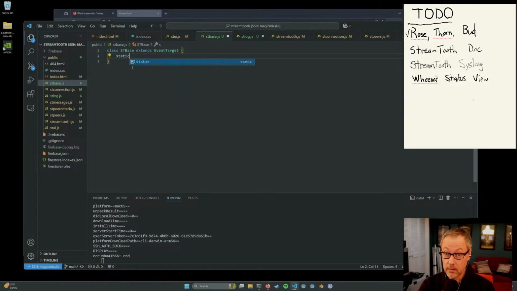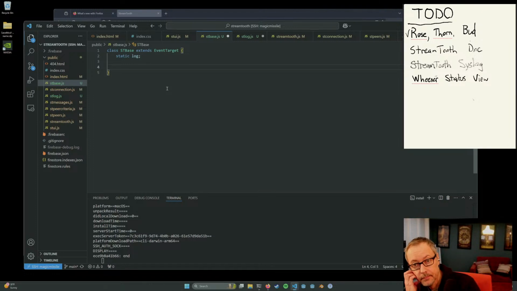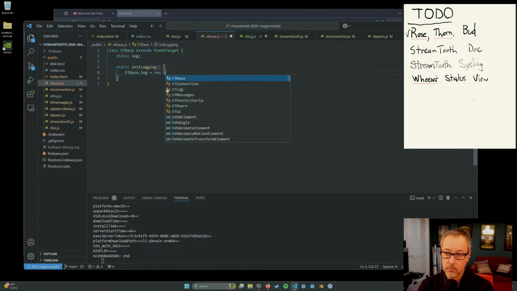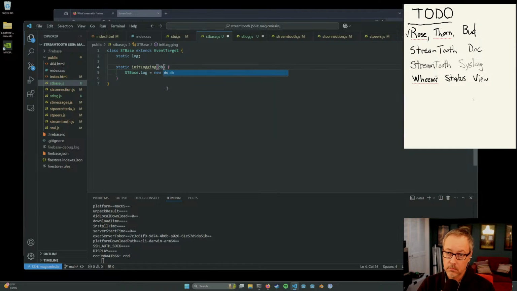So we're going to say static log. Static init logging.